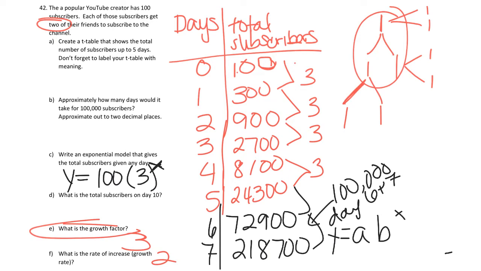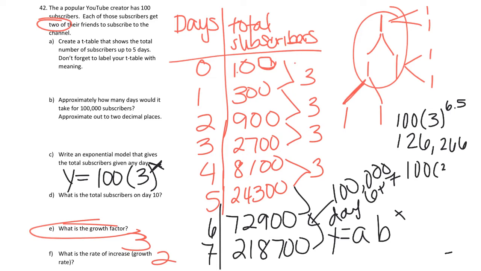So 100, I'm going to do this in my calculator, times 3 to the, let's try 6.5. Halfway between gives me 126,266. So that's higher, so I'm going to go down a little bit. I'm going to try 100 times 3 to the 6.3. In your calculator, you're just going to change the decimal point till you get closer and closer. This is 101,359. So I'm going to try